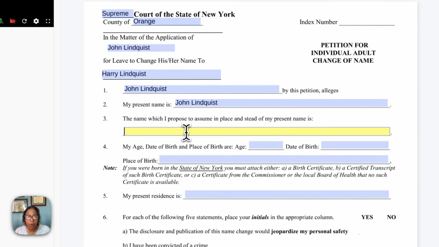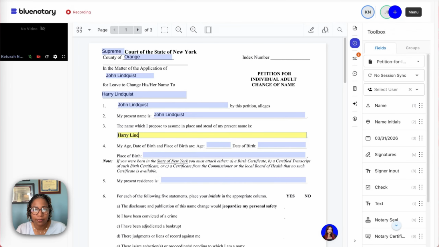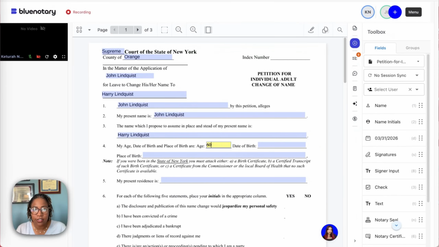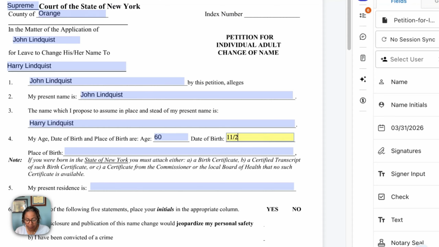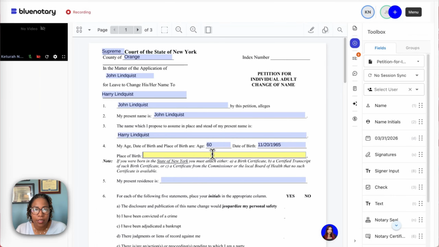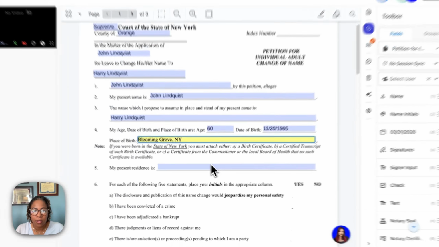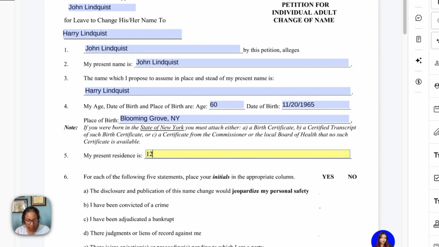The name which I propose to assume in place and instead of my present name is Harry. His date of birth is, let's say he's 60 years old, and he was born 11/20/1965. And he was born, let's say, in Blooming Grove, New York. His present residence,